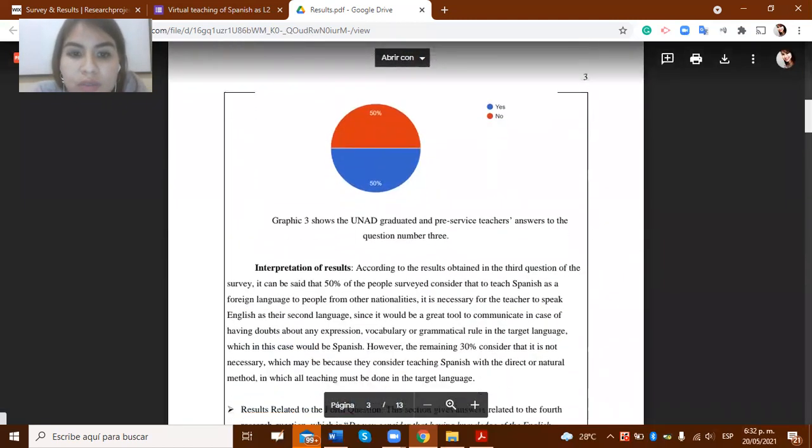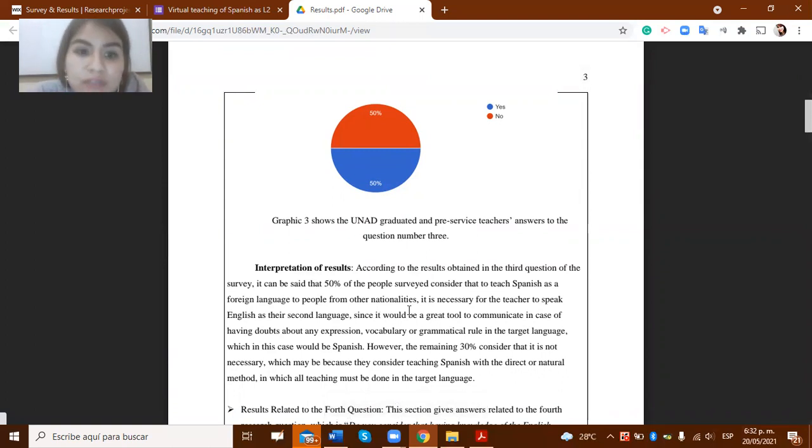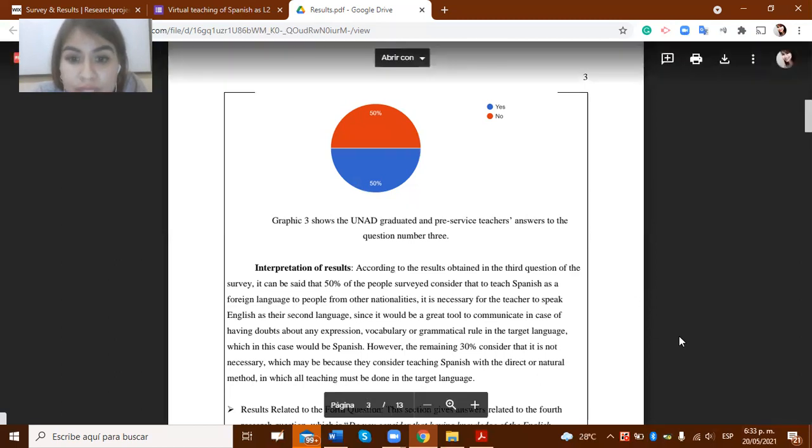Here in graphic number 3, it can be said that 50% of the people surveyed consider that to teach Spanish as a foreign language to people from other nationalities, it is necessary for the teacher to speak English as a second language, since it would be a great tool to communicate in case of having doubts about any expression, vocabulary, or grammar rules in Spanish, for example.